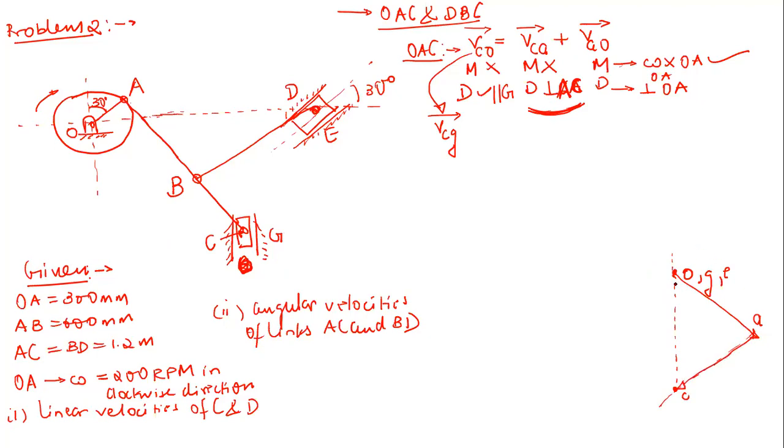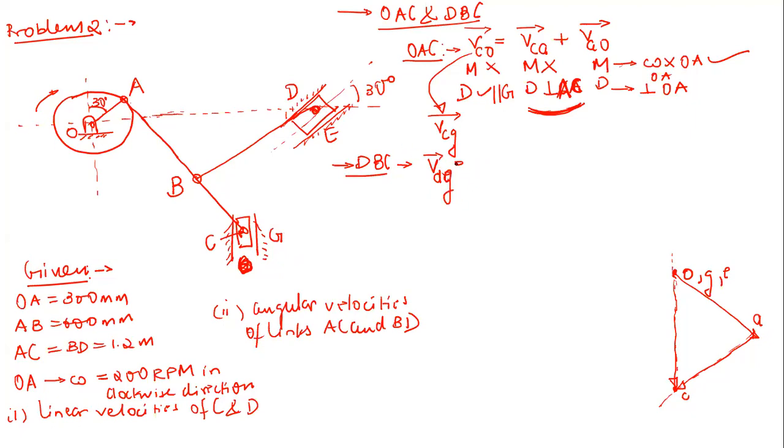So see, this velocity diagram is very easy. I think it's not that typical. Now, this is fine. Can you find out the velocity of the slider? What should be my next step? Just go to DBC and form the vector equation there. Since we are interested in this, it is the velocity of D with respect to E, sorry, velocity of D with respect to G.